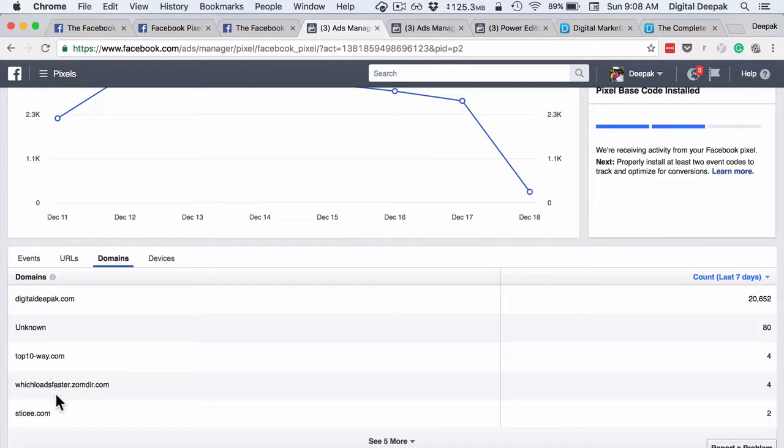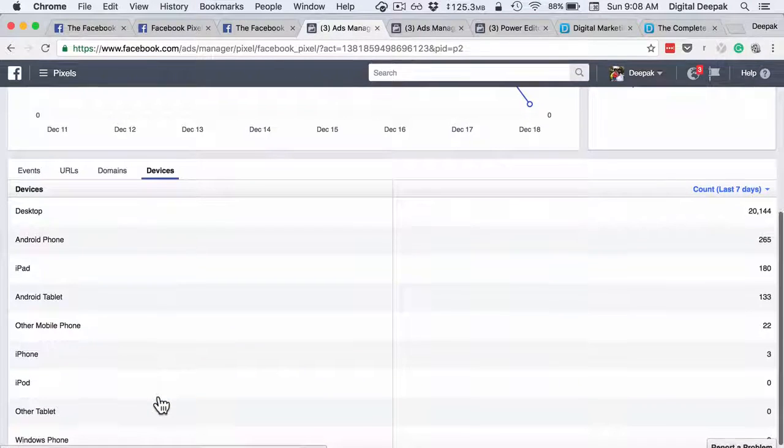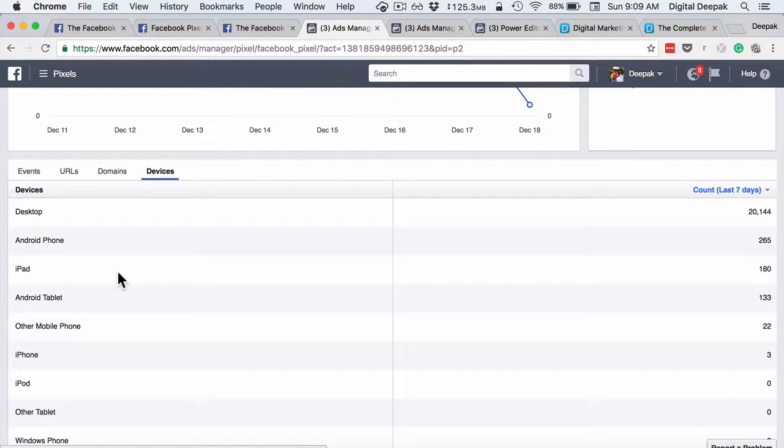Sometimes some people copy your website code, put it on their website, and sometimes it gets fired in a wrong way, but you can safely ignore it. You need not really worry about it. Let's look at devices. So here you can see where the pixels are firing. It also gives you insights about what devices your users use. So desktop, Android phone, iPad, Android tablet, and you can see the number of conversions here as well.